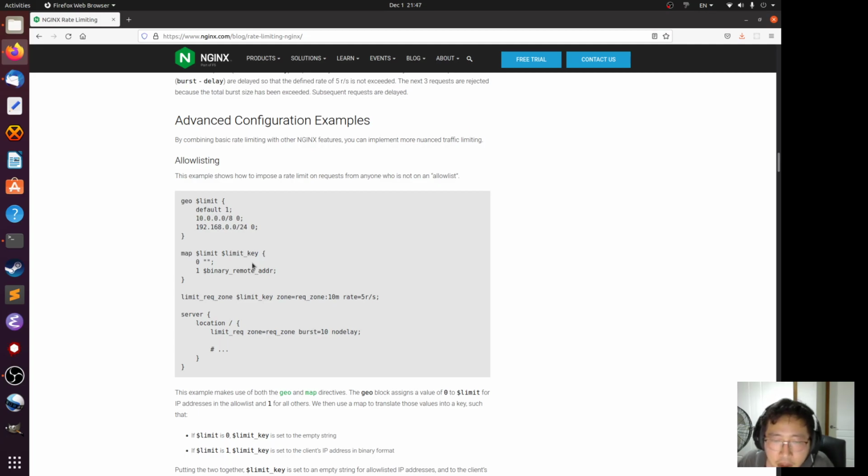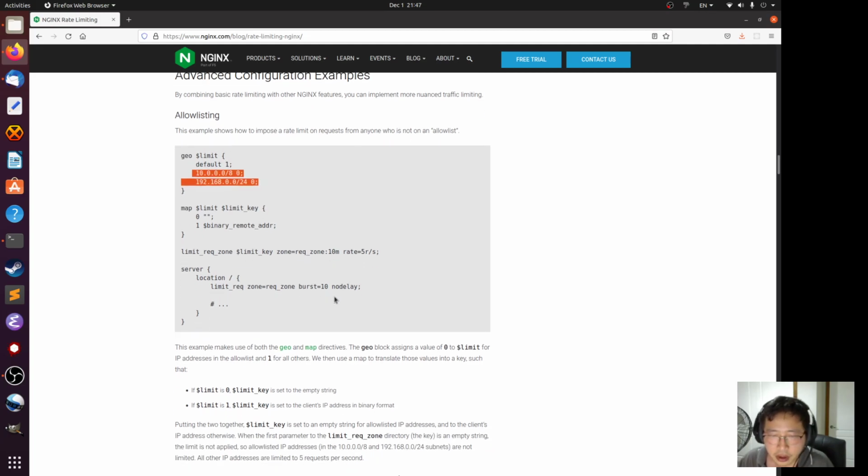Sorry, it's only 0 if they're in the allow list. Otherwise it's all 1. So here you're assigning a shared memory zone. So for the root location,